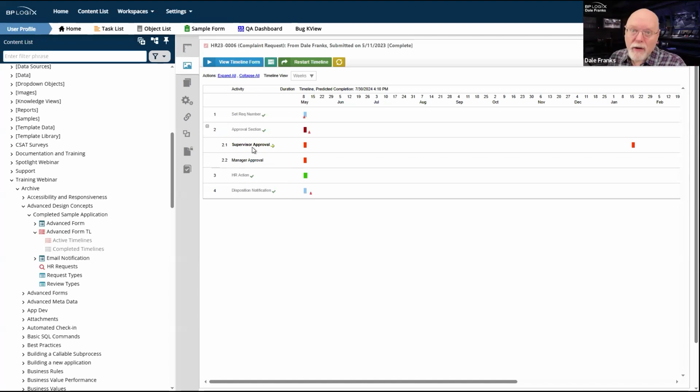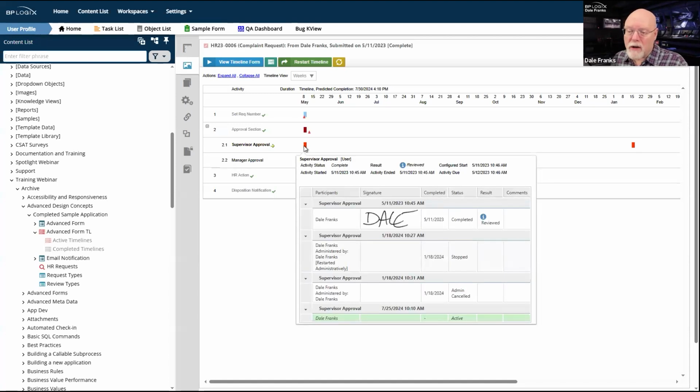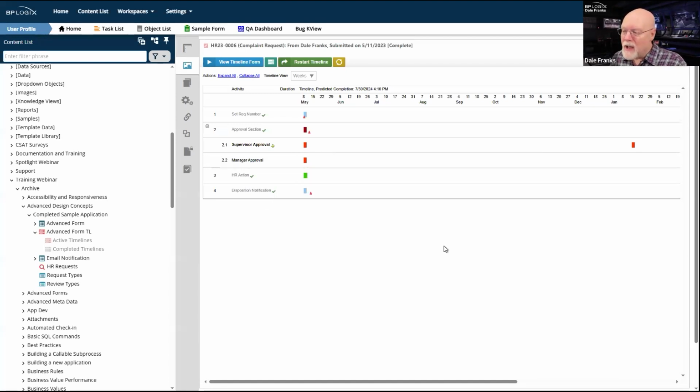So even though the supervisor denied it and it ended the timeline, and it sent out a disposition notification to the end user that says your request has been rejected, I can still go back in as the administrator and I can just say, fine, restart the timeline from this activity. And it's as if all of that badness never occurred.